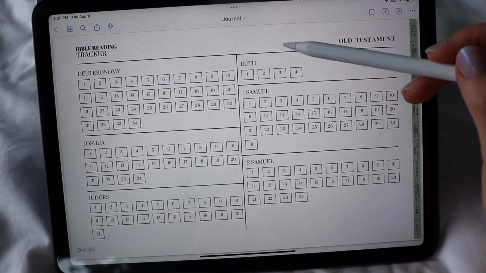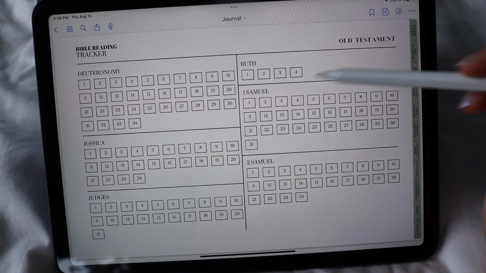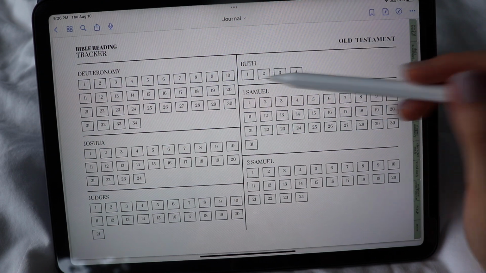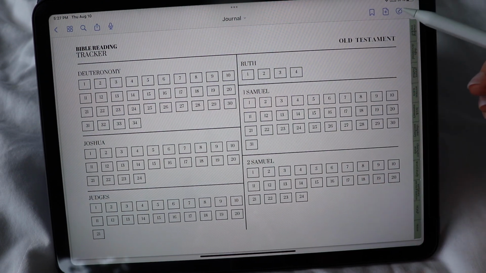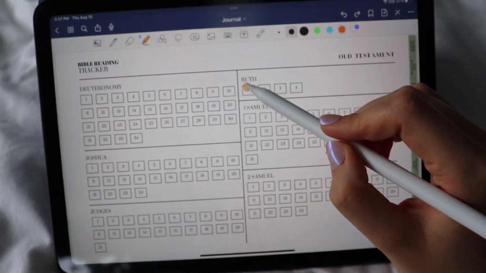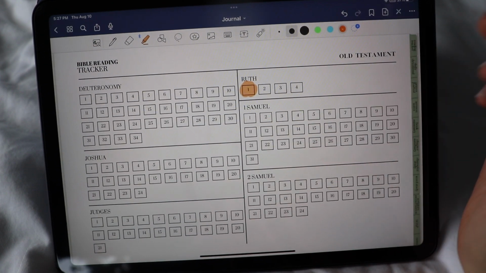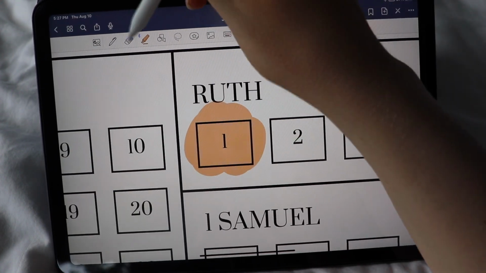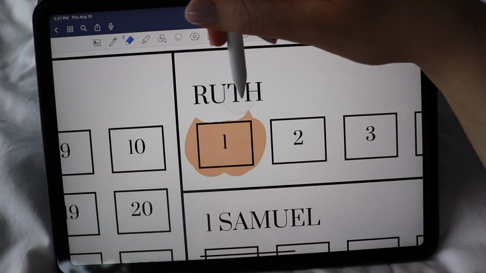Click on Ruth and it will bring you right to the page where all of the chapters are. And then here you can track all of your progress. So we're going to go out of reading mode. We're going to go over to the highlighter and we're going to say we read chapter 1. And then if you want to clean it up, just go to the eraser and you can clean it up